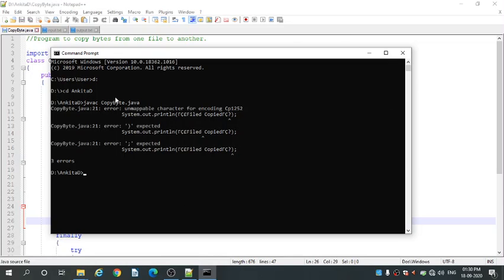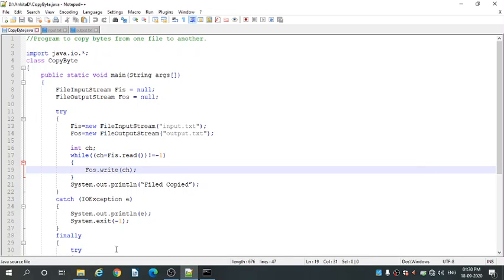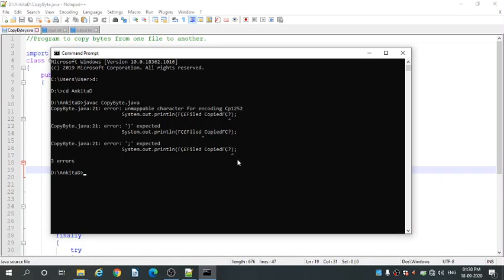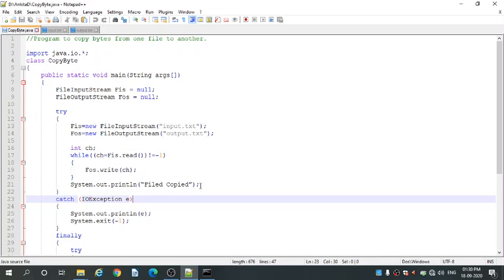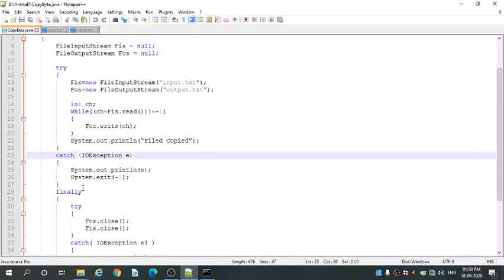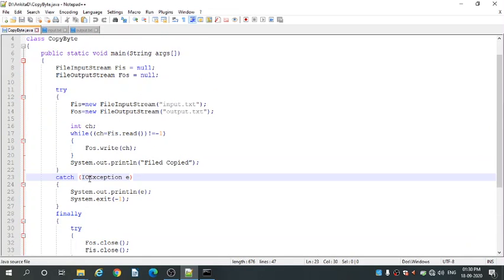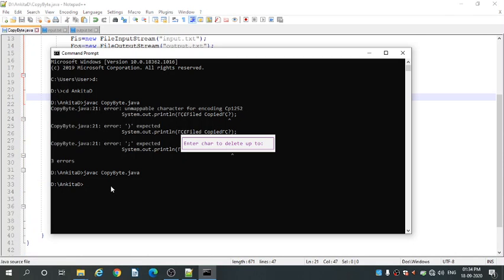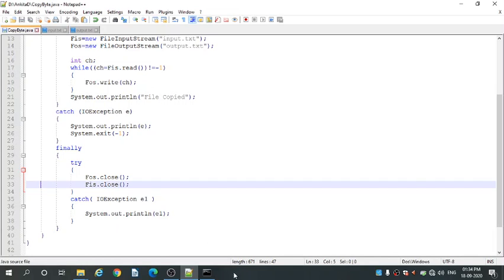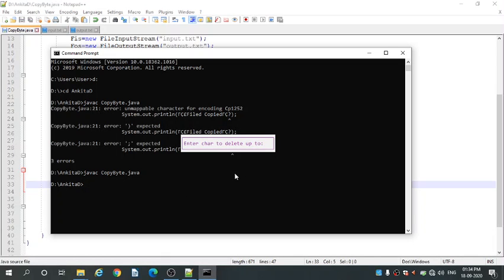So some errors are there. Let's remove the errors. Okay. So the errors have been removed. You can see here. Again, I'll compile the program. javac CopyByte.java. Okay. Press enter. The error didn't come.